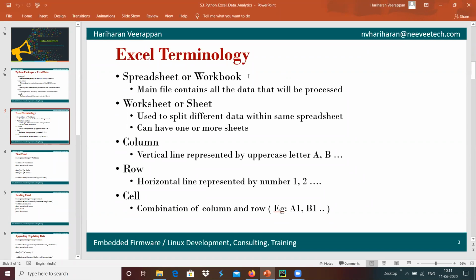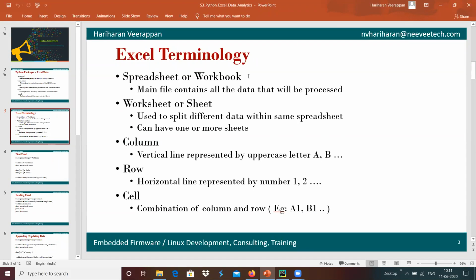Excel terminology: we call it a spreadsheet or workbook, which is the main file that contains all the data that needs to be processed. Each workbook or spreadsheet will contain one or more sheets, called a worksheet or sheet, which is used to split different data within the same spreadsheet.